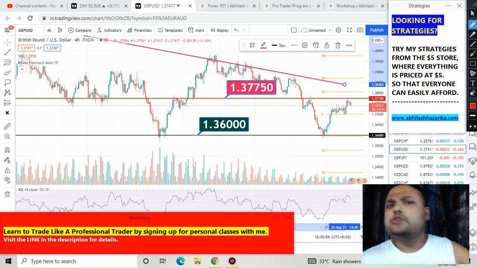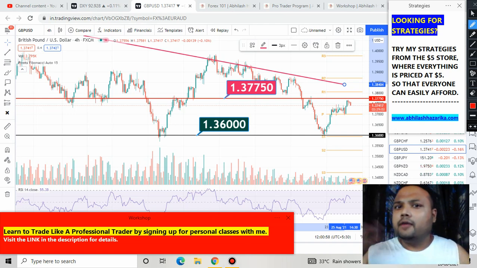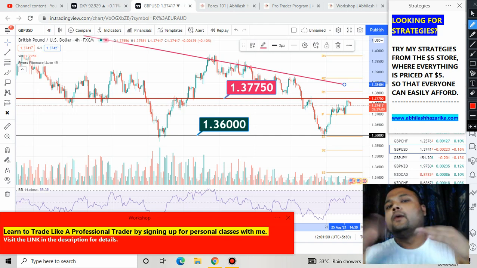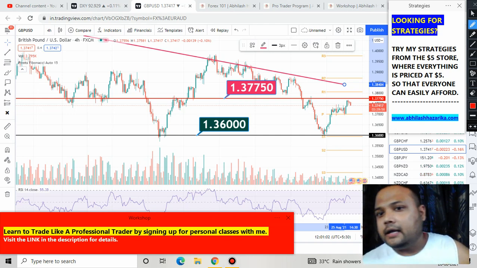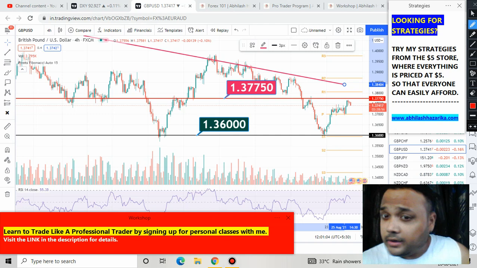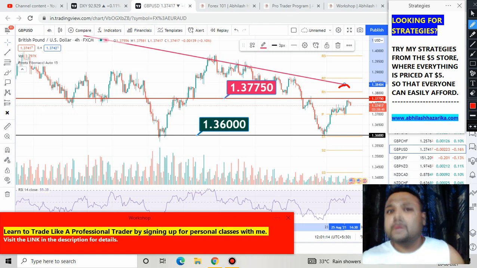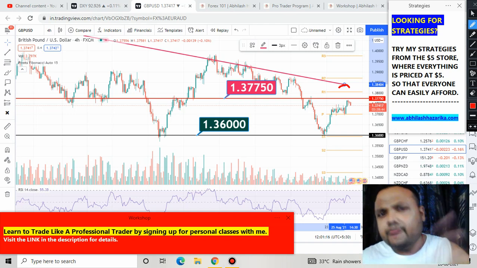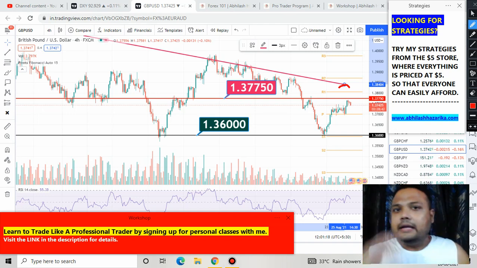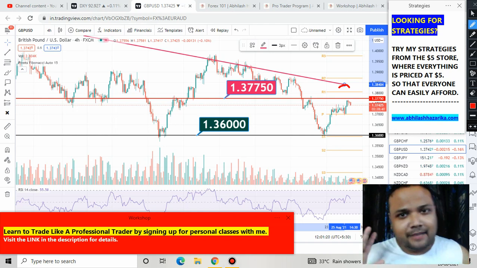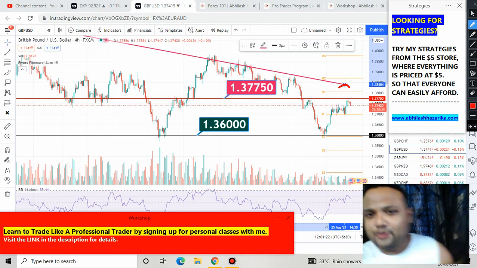I am not saying that today, tomorrow, or day after tomorrow, but in the future also, whenever the market goes up and hits this trend line, there is a possibility that the market will reverse. Whenever the market reverses from this trend line, at least you will get a good opportunity to make money from GBP USD. Therefore this trend line is very essential, and it deserves a position in your charting pattern. So my dear friends, please draw this trend line.